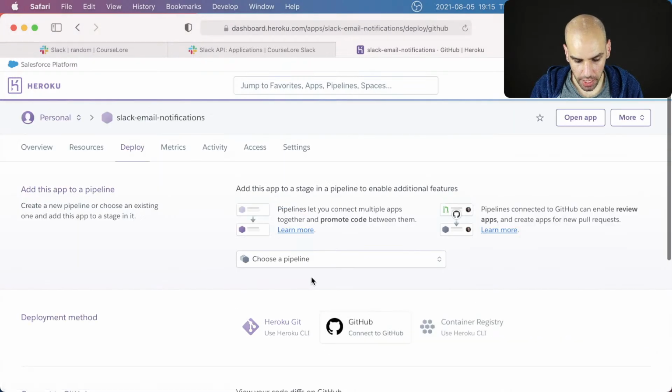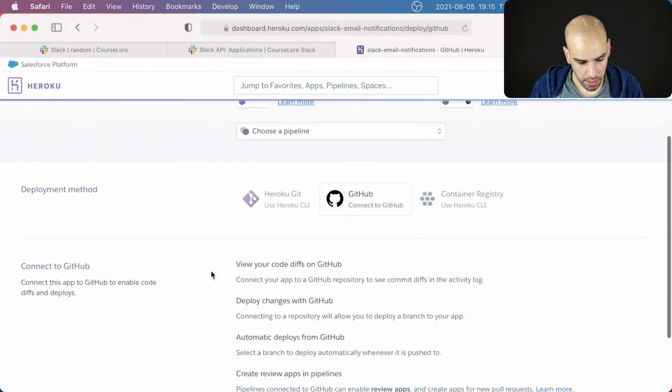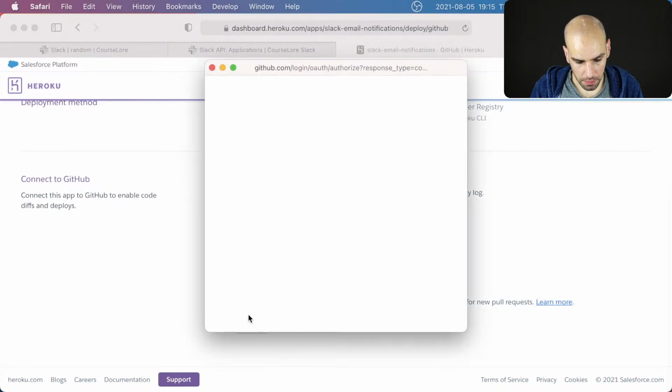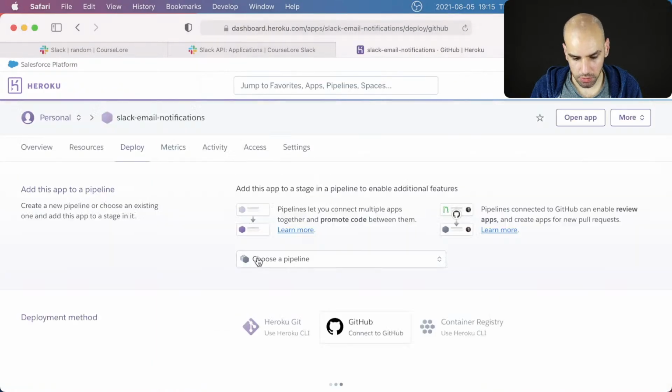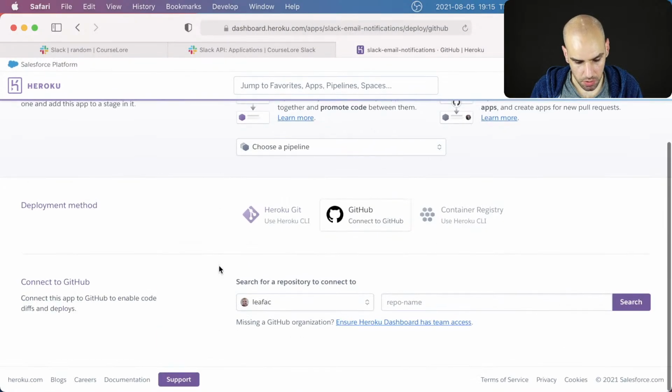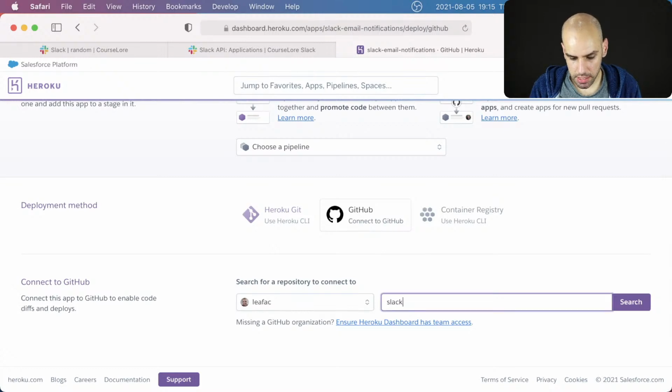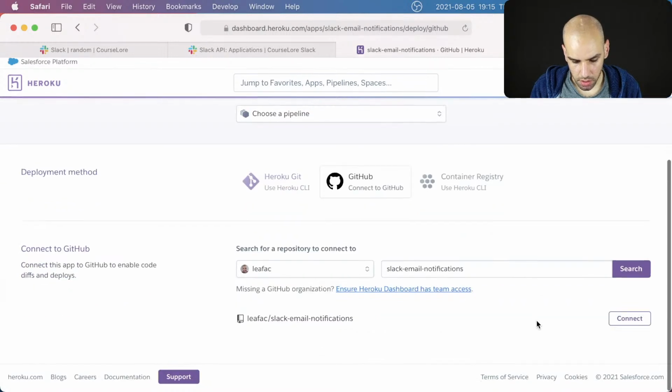So now I want to connect to GitHub. And then I hope that I don't show any GitHub API keys or whatever. Okay, so we are gonna go to the Slack email notifications app and connect.